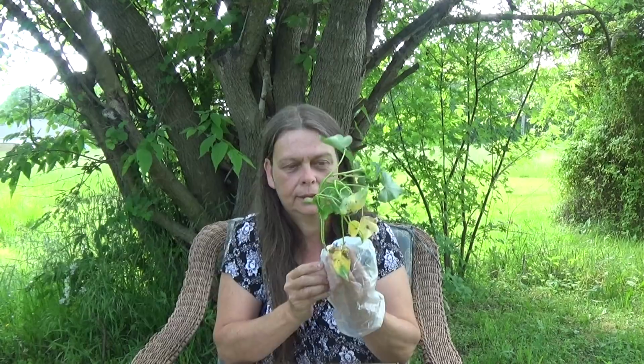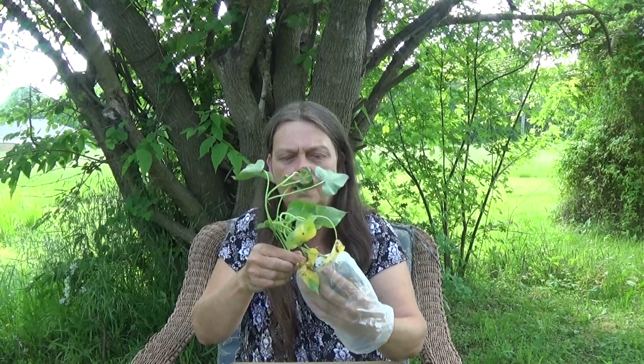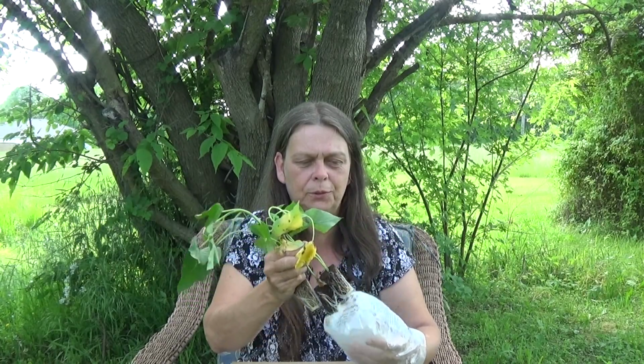And these guys, if you take a look at them, there's some yellowing on the leaves. They've been in shipping since May 3rd. I think it was May 2nd that I got notice that they were being shipped, and then I think DHL got them, and then 2 or 3 days ago they went from Florida to St. Louis, and they were at my post office. The date of delivery went from May 9th to May 12th, and today is May 10th, and I got them in my mailbox, and they're desperately in need of some